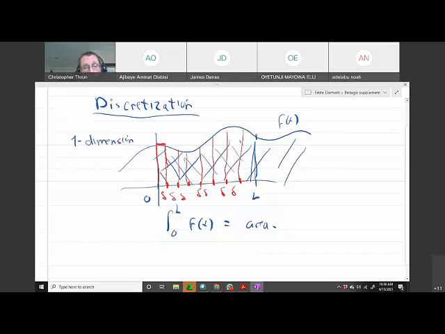I'll take this box or this rectangle, right? This rectangle has an area. This rectangle also has an area, and this rectangle also has an area, and so on. Now the height of this rectangle would be f of 0. The height of this rectangle would be f of delta. The height of this rectangle would be f of 2 delta. So if I want to get a discrete approximation,